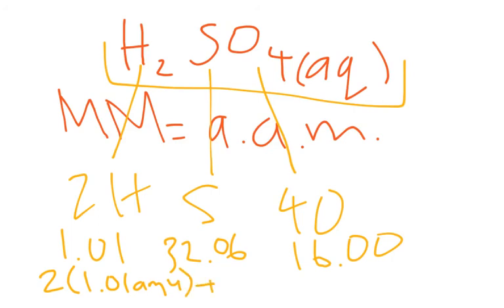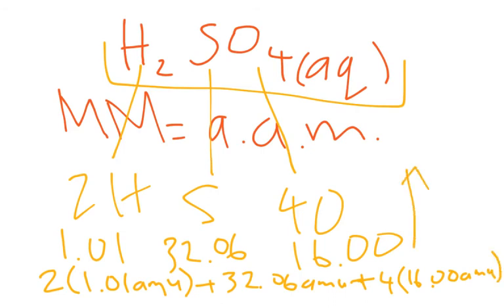And then we add that to 32.06 atomic mass units. And then last but not least, we add 4 times 16.00 atomic mass units. And if you chug that all into a calculator and keep note of sig figs, you get an answer of